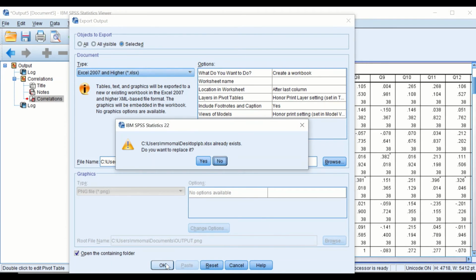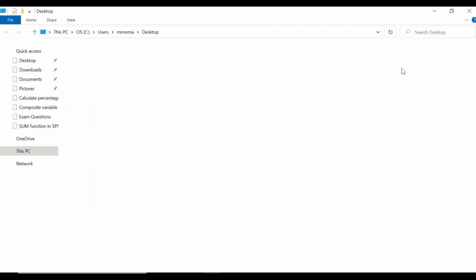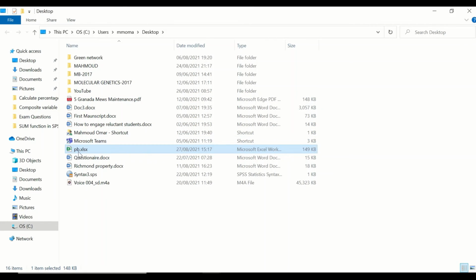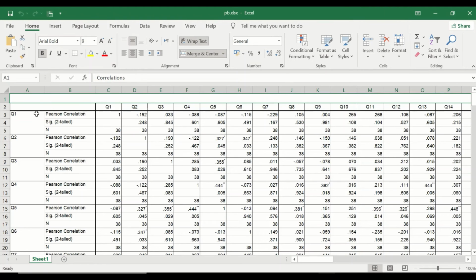If I click on OK, it says that it already exists, so I'm going to overwrite it. So the file is exported in the format of an Excel file which has the correlation matrix in it,